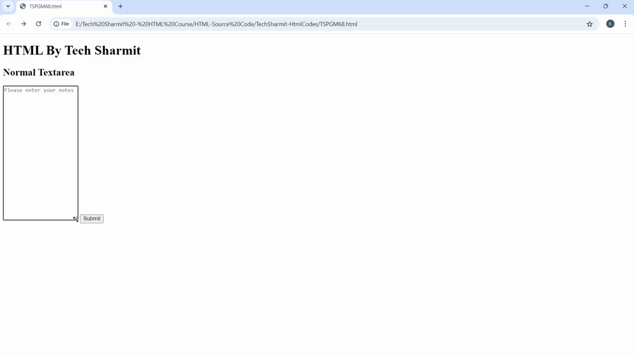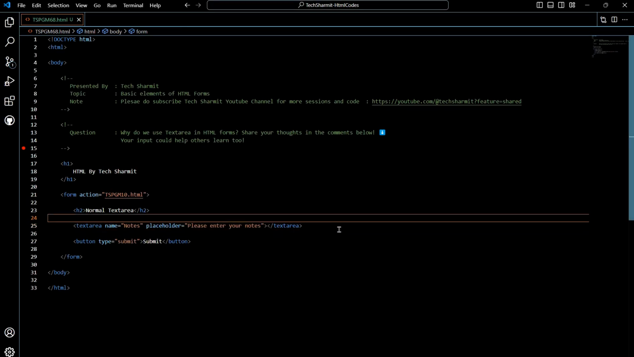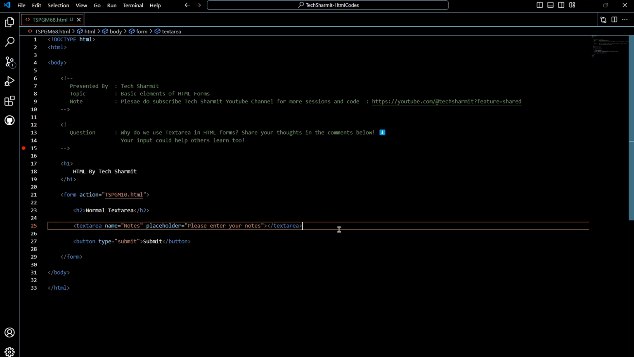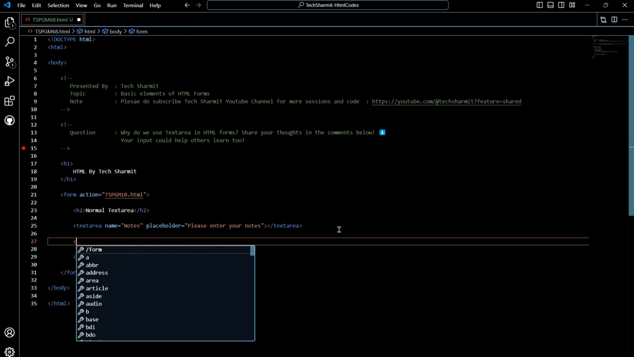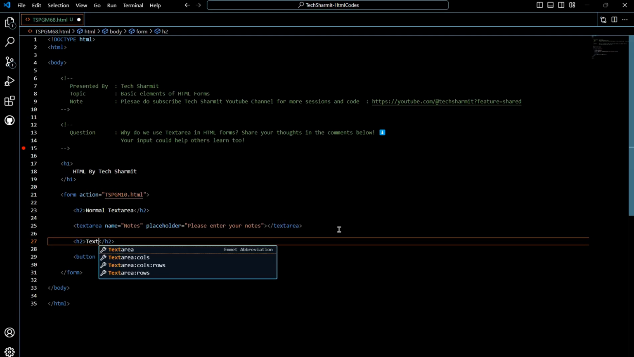So to achieve this, what we will do, we will apply a few attributes to the text area. Okay, so now we are going to see that example where we will apply an attribute to the text area that we can use in order to show a specific rows and column text area. So let's add heading first. So here I will write text area